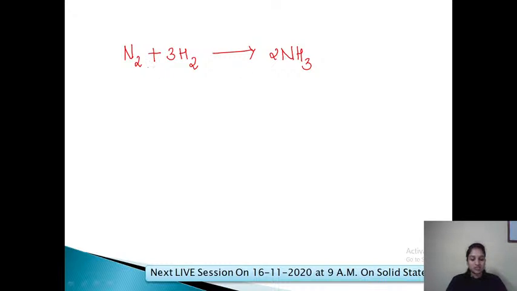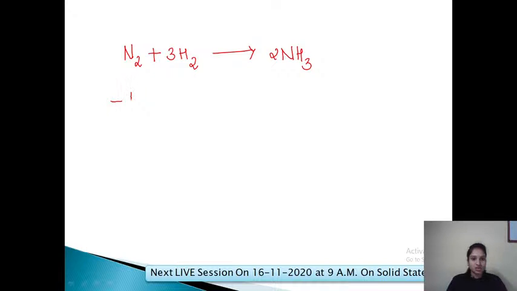Now if I want to write the rate of this particular reaction, how can I write it? Yes, right answer, Shrishel. The right answer is that we have to consider the stoichiometric coefficients here. Here nothing is written, which means 1. Here the stoichiometric coefficient is 3. Here the stoichiometric coefficient is 2. So how to express the rate of this reaction? These two are the reactants and this is the product. So what can I write?